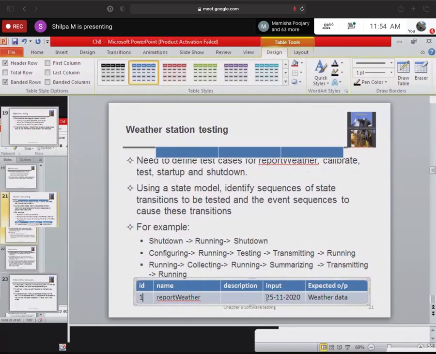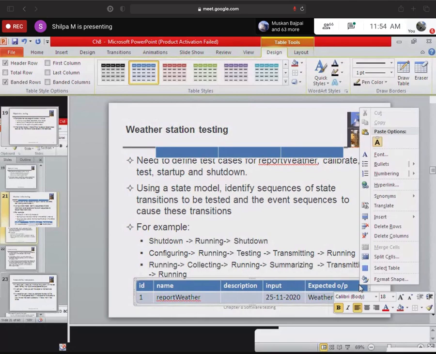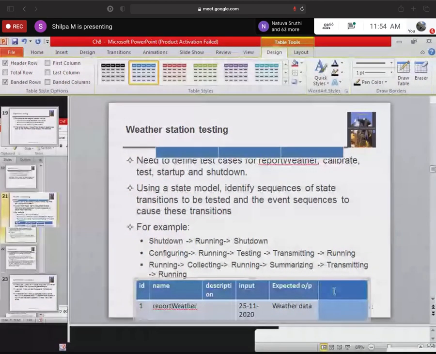He will give this input and see whether you are getting the weather data. Let's say while accepting the input, it gives invalid date or it is not taking input in this format. Actually, along with this there is another column saying result.